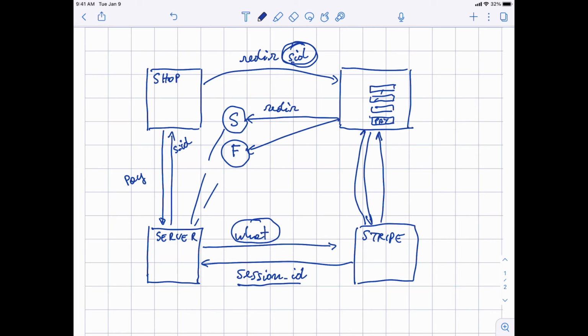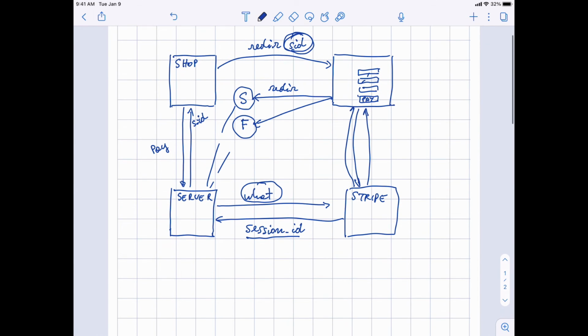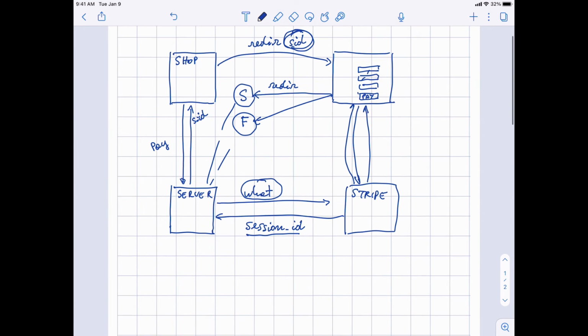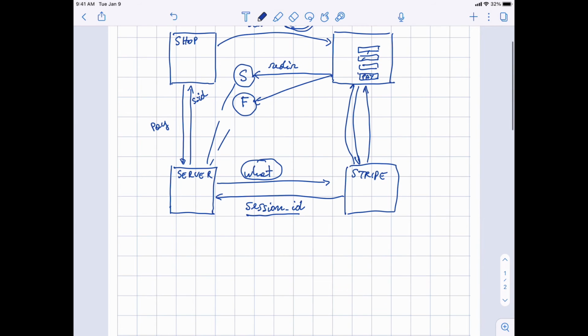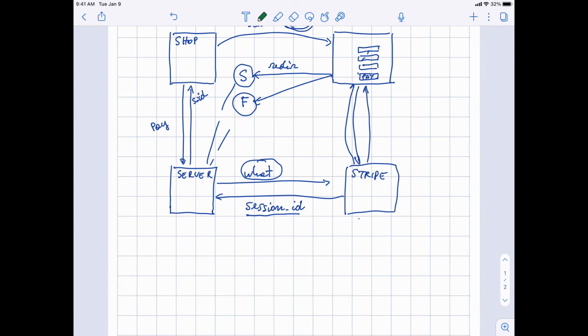In fact, I should say that there are two ways in which you can be notified of the success of the transaction. The one we are using here is a bit of a simplified way that I did because our site is not really deployed in the cloud. The better way to be notified is actually that Stripe, if you so ask it, can do what is called a webhook, which is a callback from Stripe to your server. It's as if Stripe is hitting your own API to tell you whether this went through or not.